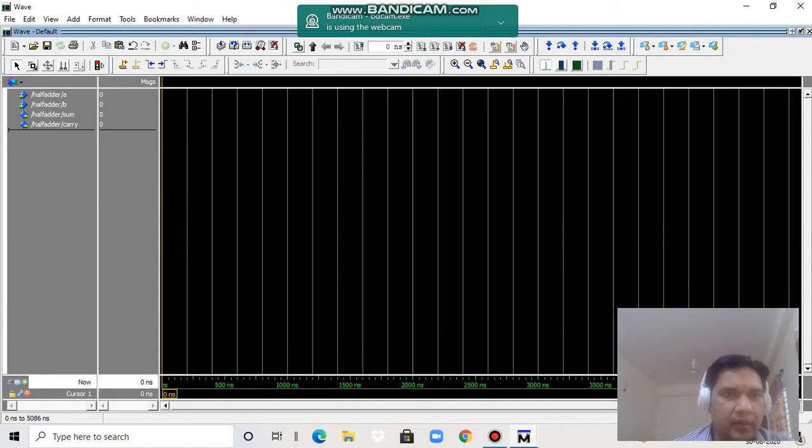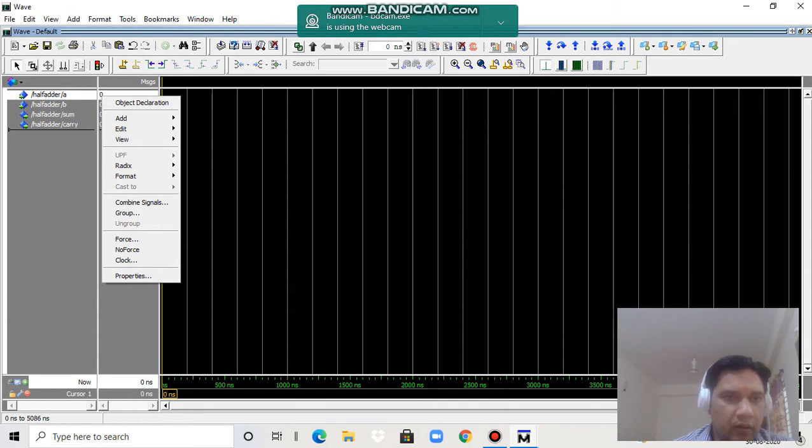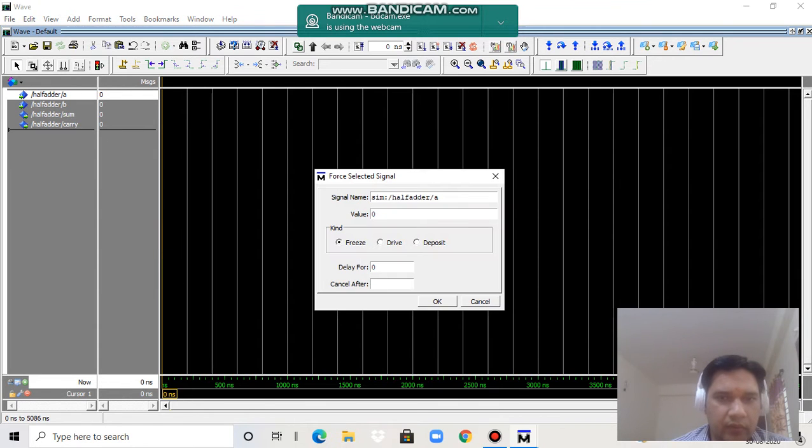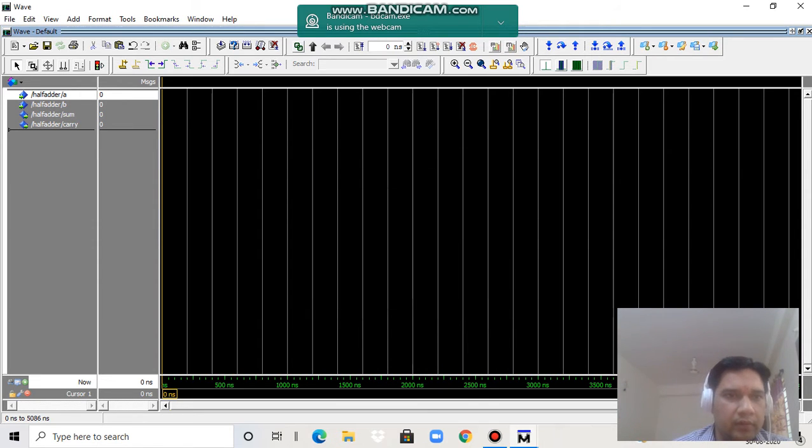Now we have to assign the signals. Initially all are 0. So right click over there. The option is force. We have to select force. Then the value 0 is already assigned there. I want to change it, so I give a 1 here. Then okay.